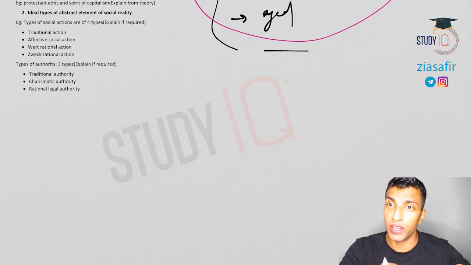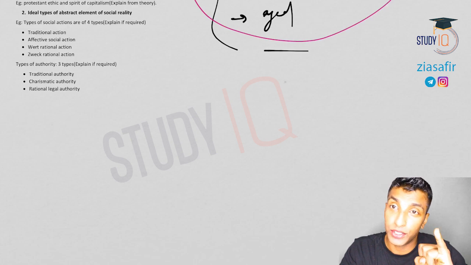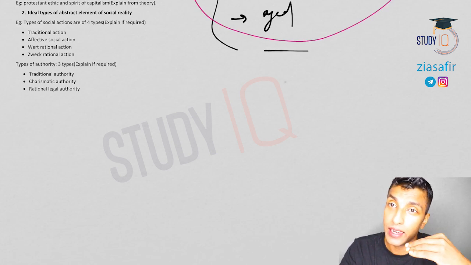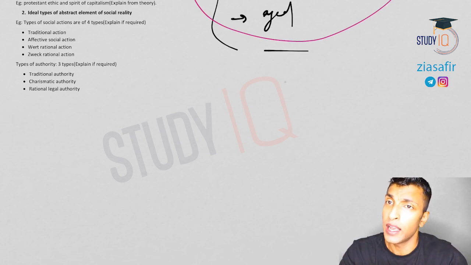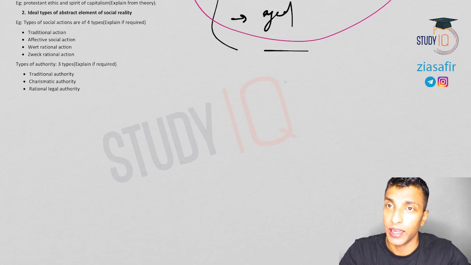Okay, so that's all about ideal type, and the different use of ideal types you will see in his different approaches. So already we have talked about authority. If you remember, I've talked about 3 ideal types: the traditional authority, rational legal authority, charismatic authority. So these are the ideal types, and any type of authority you see, you can compare it with any of these, or you can combine it. In the modern democracy, it can be a combination of charisma as well as the rational legal authority.